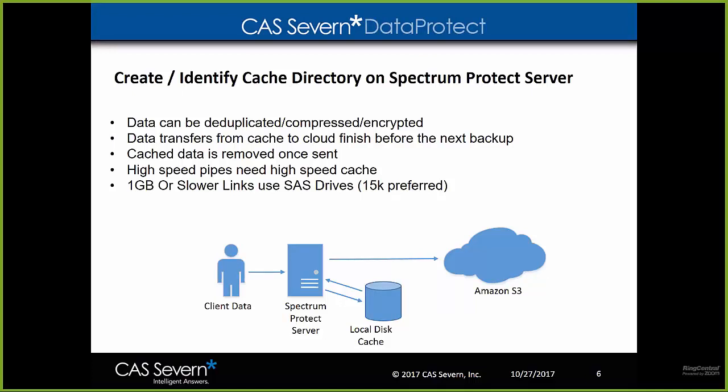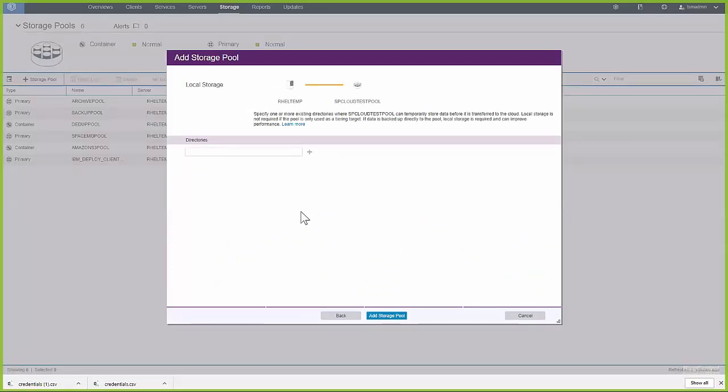And when it comes to sizing, size based off at least your max daily ingest. But an easy way of dealing with this is to just take 1 to 3 days of your ingest, post deduplication and compression, and use that to size your cache. So I've already created a temporary directory that we're going to use for this demonstration, and I just put it in temp. You're going to have to put it in a file system that makes sense for your workload. So, in temp storage pool,